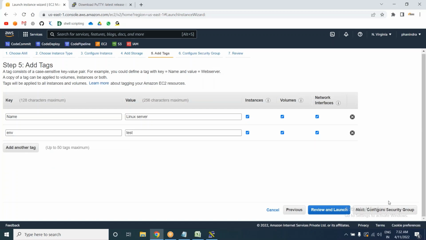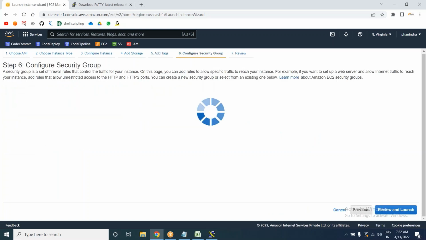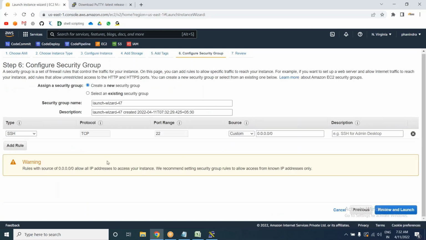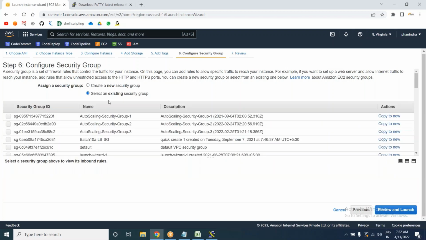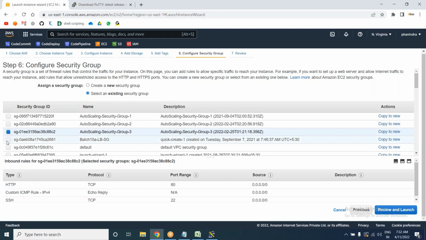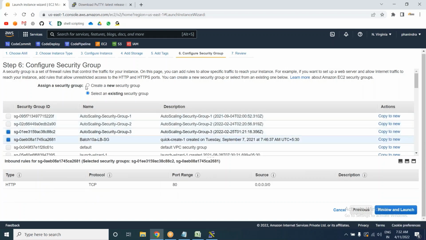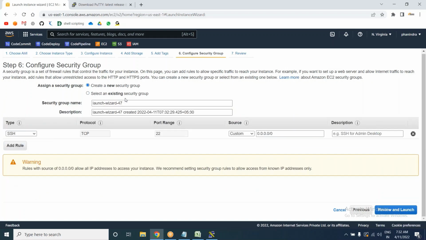and the server name, etc. So sixth step, if you click on next, sixth step where you are going to create a new security group. Other than that, if you want to proceed with the default already existing security group, you can select this one. These many security groups which are already there, you can select whichever you want. Okay, but now I'm just going to create a new one, and the security group name I'm giving